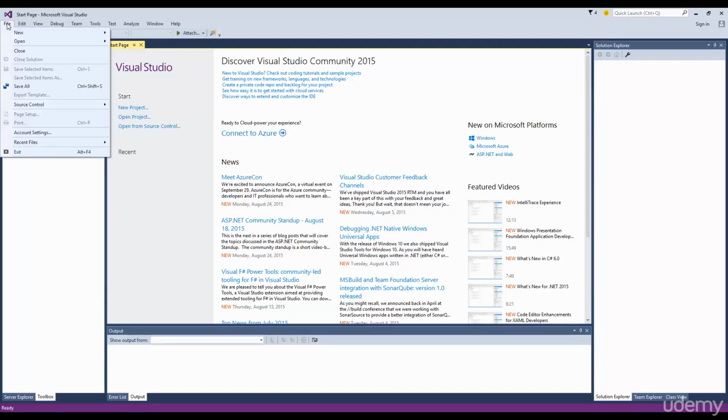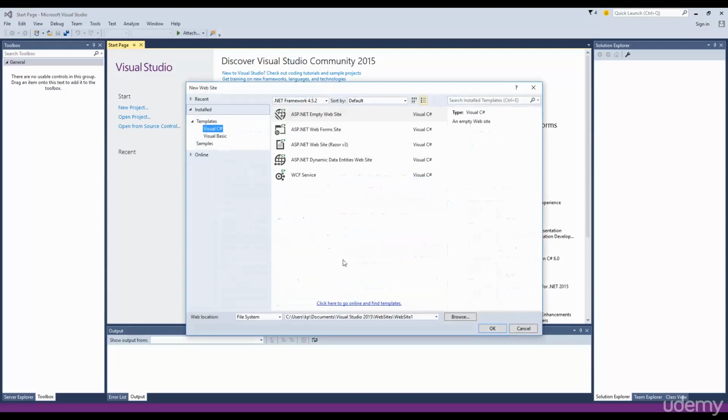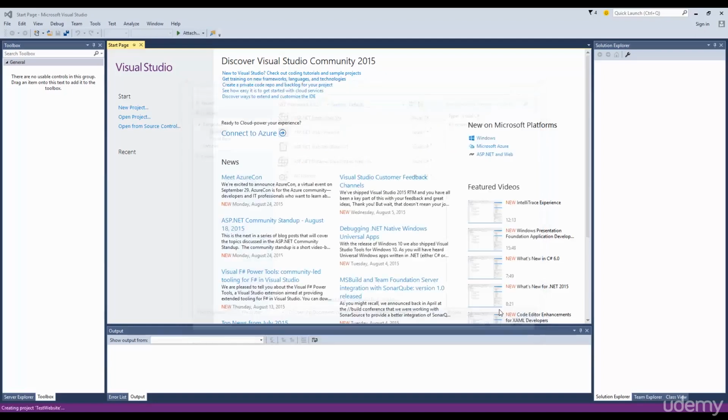So go ahead and open Visual Studio as you might have opened, and go to New, Website, and give it the name you want. In my case, I'll give it a name of Test Website, and be sure that Visual C# is selected and ASP.NET Empty Website is selected. Hit OK,